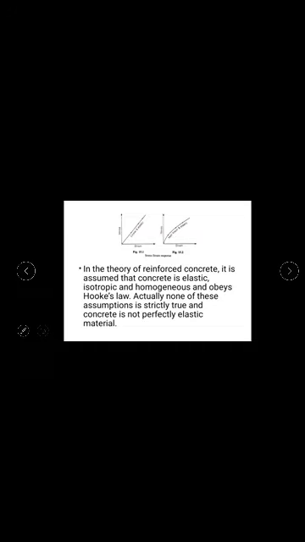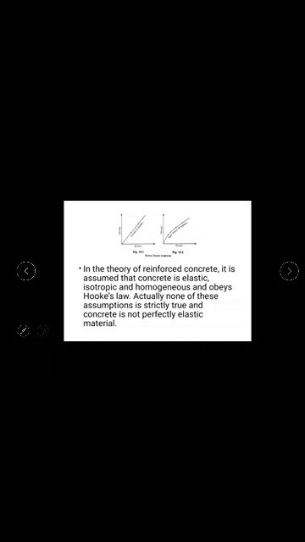If the stress strain curve is straight, as shown in the figure, then the material is called elastic. If the stress strain curve is not perfectly straight, that is non-linear, then it is not perfectly elastic. In case of concrete, it deforms on the application of load, but this deformation does not follow any set rule. The deformation of concrete depends upon the magnitude of the load, the rate of application of the load, and the time elapsed after which the observations are recorded.